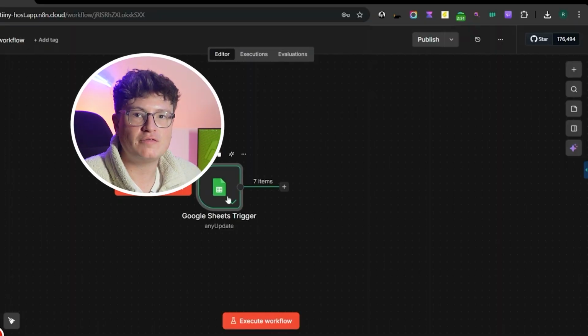So we're gonna need 3 things: a Google Sheets node to pull in the data, a code node to turn that data into a full HTML page, and a Tiiny Host node to push it live instantly. Let's get into it. Now, before we build the workflow, we're going to need to install the Tiiny Host community